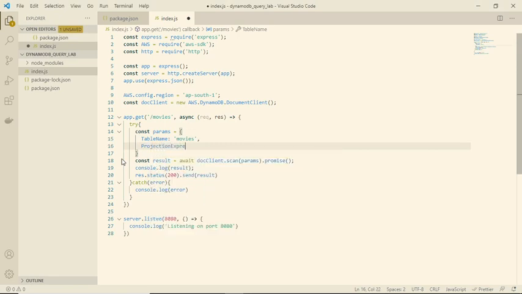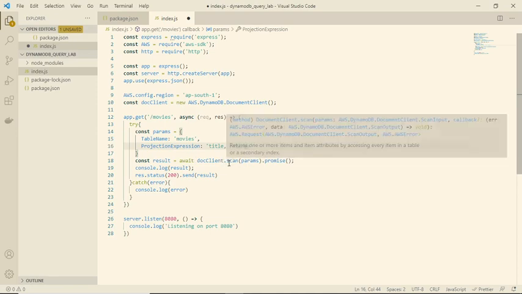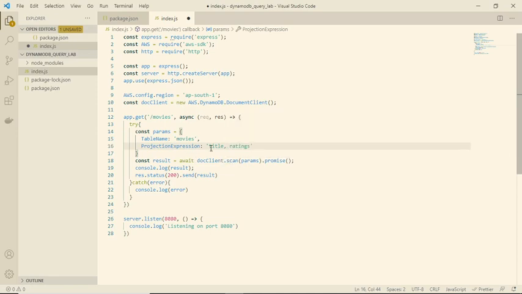Projection expression, and here you can pass comma separated attribute names. Suppose I want to retrieve only title and ratings, so it will return all the movies with the help of this scan operation, and it will return only 2 attributes.